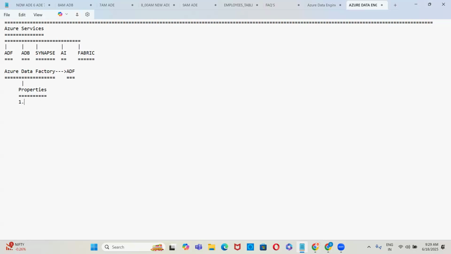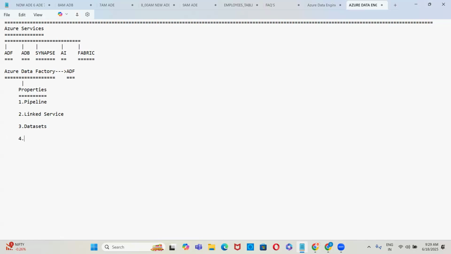The first one we can say is pipeline, linked service. Then you have datasets.